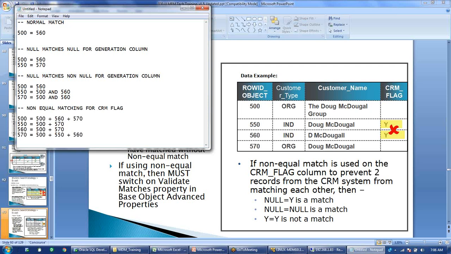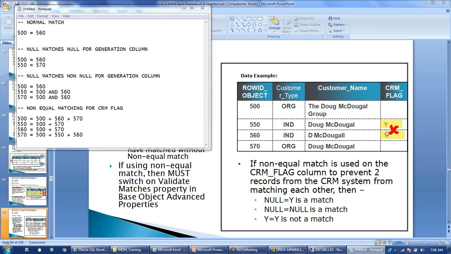So that is basically non-equal matching, where if the records are similar enough, we don't want to match those records, only non-equal records I want to match. When will we get a situation to use this? In case we have something like this where we don't want to match similar records, similar types of record, we can use this option.